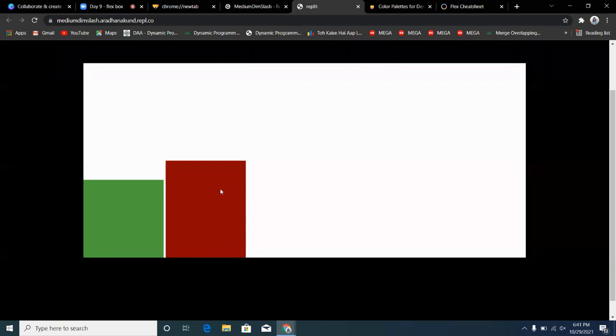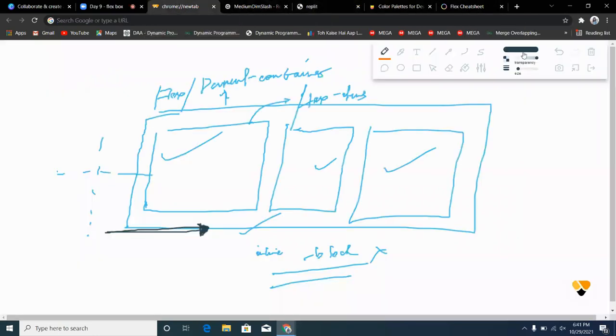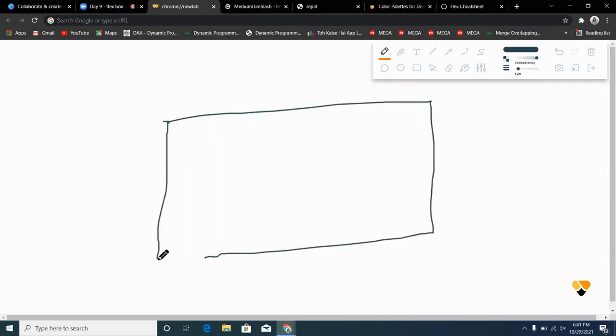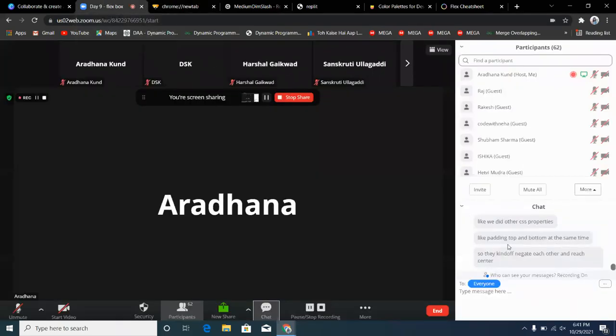Now just tell me one thing. If I want both the items to be present in the center, somewhat like this. Wait, this is a task for you. I just want to see who is very much clear on flex and all. This is your entire window. I want both the items to be present in the center like this, one item like this and the other item like this, and both in the center. So what can I do? What properties of flex can I use to bring them to the center?